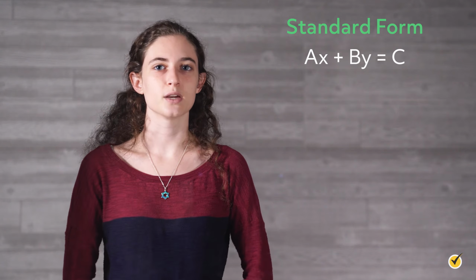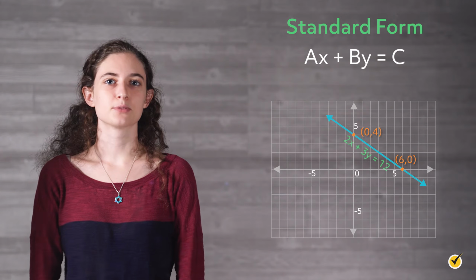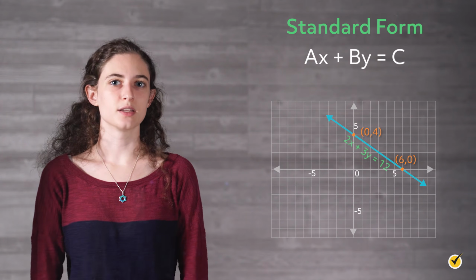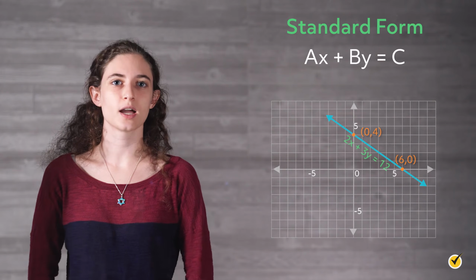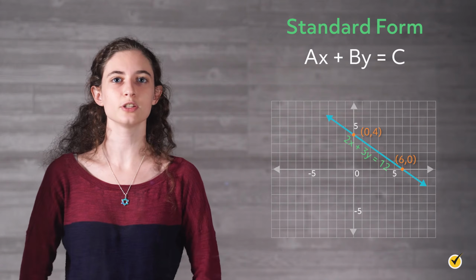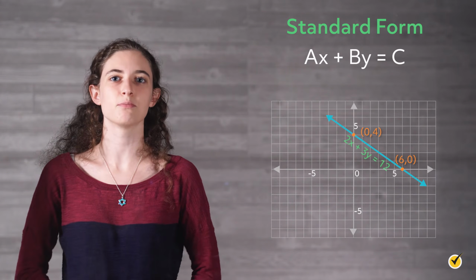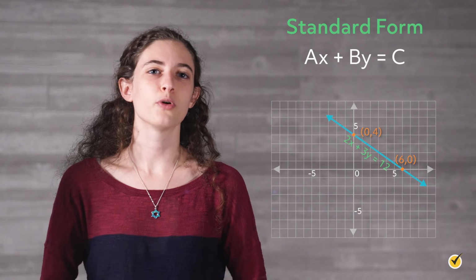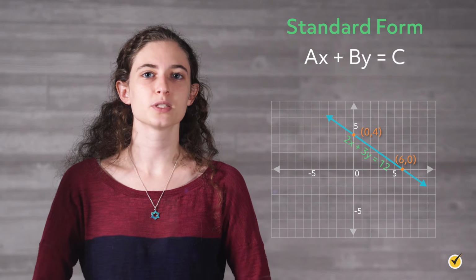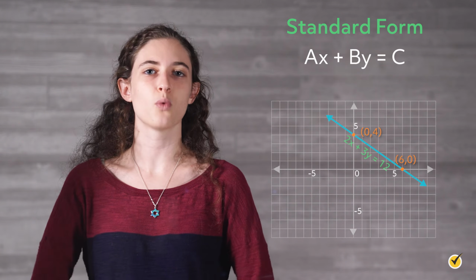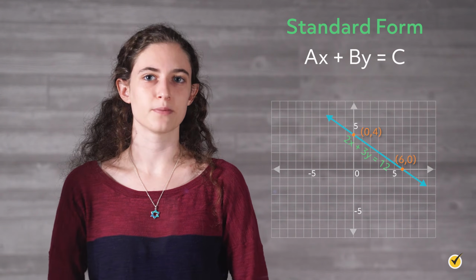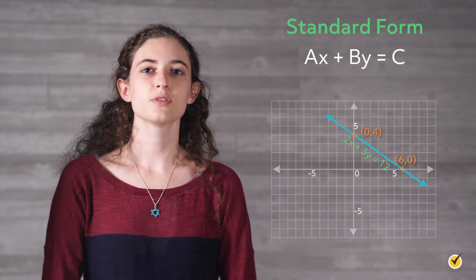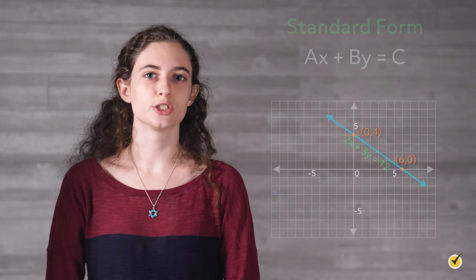Ax plus by equals c. A few algebraic steps are necessary in order to graph a line in this form. Keep in mind that you only need 2 points to graph a line, and using a straight edge to carefully draw the line through those points will provide more accurate results. The 2 points that can be quickly calculated from this form are the x-intercept and the y-intercept. The graph here illustrates this process visually. Let's go through the steps to find the intercepts of the equation